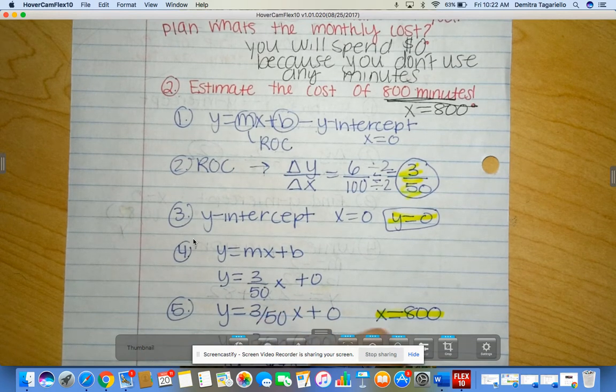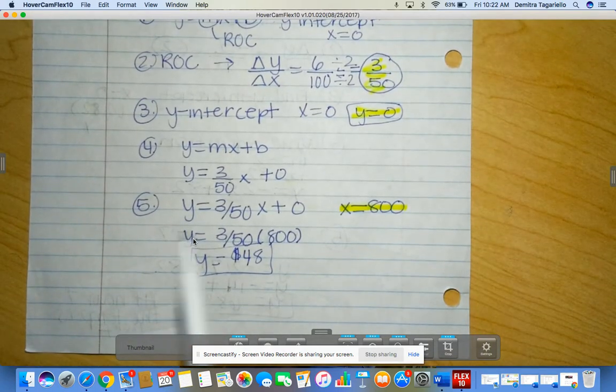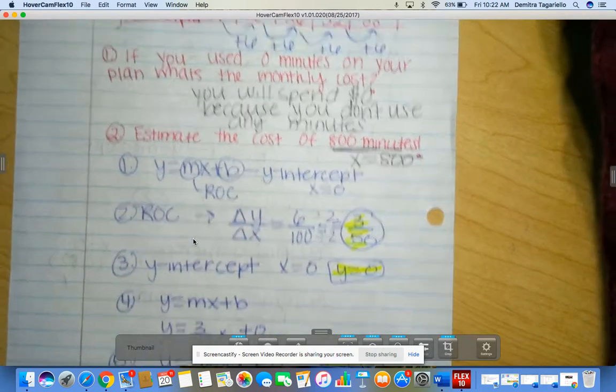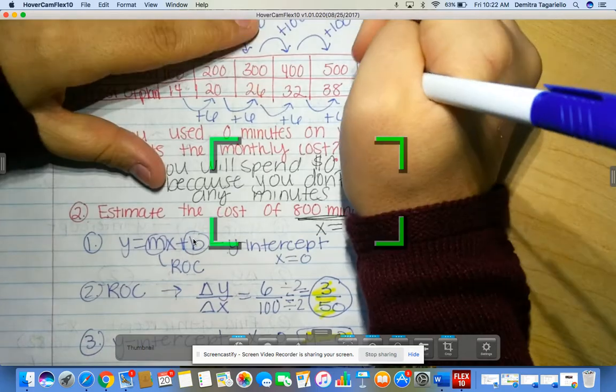okay? And we also can verify that. I'm just saying you can also verify this too by going up to the table. So if you were to continue your table here, okay, notice how we ended up at 500, we could do 600 because we know